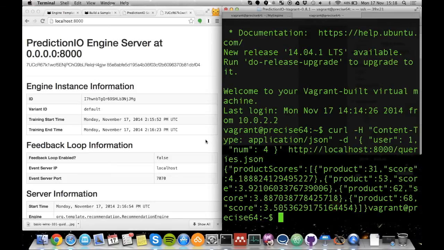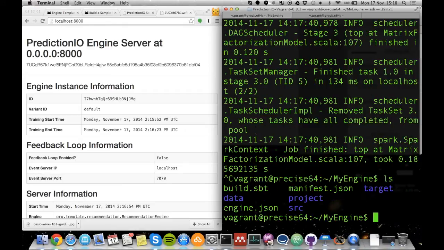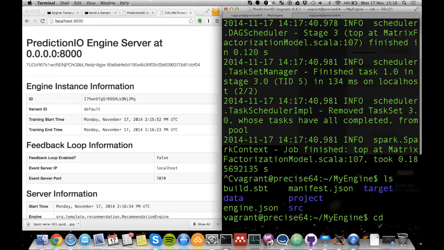So what we're going to do now is, if we stop that engine, what we want to do is take that template and apply it to our Yelp data set. And then we need to customize the data source, and we need to customize the serving layer so that rather than just get back some sort of restaurant ID and some sort of score, we get some more useful response. So let me go into...